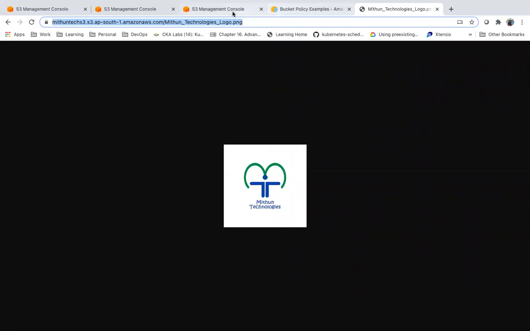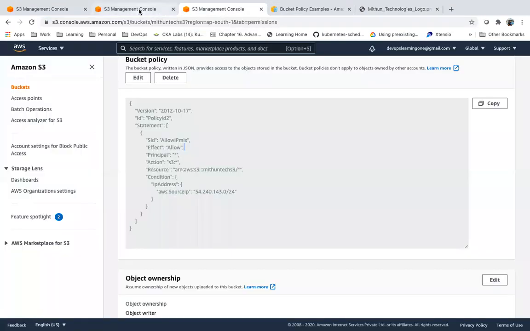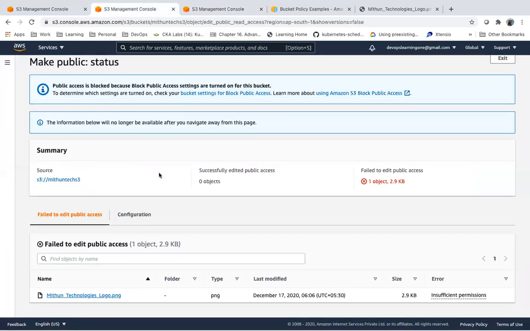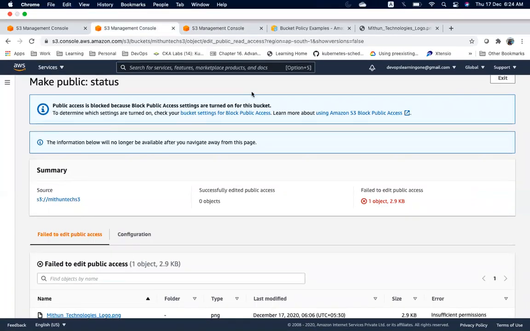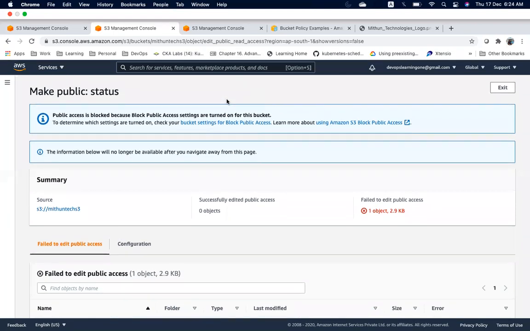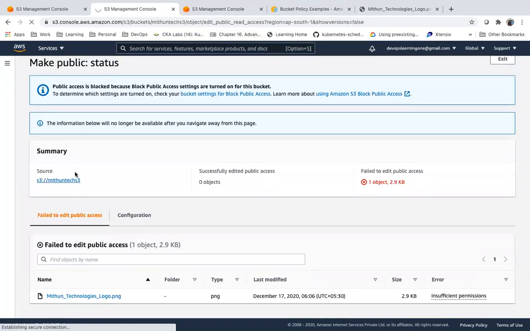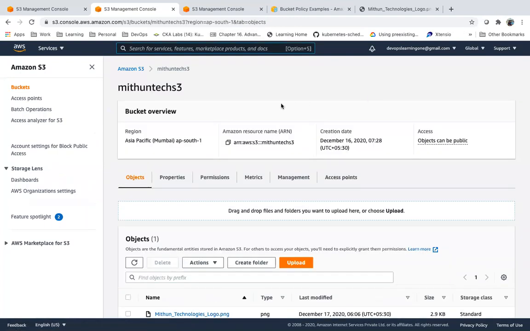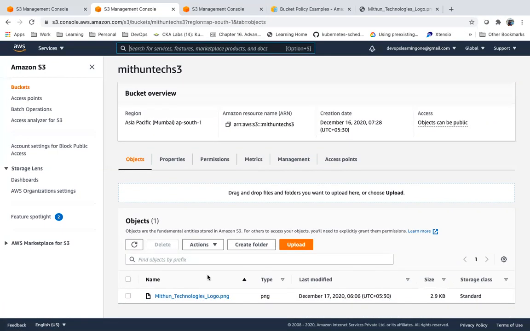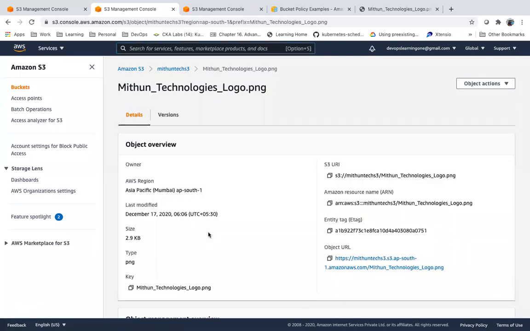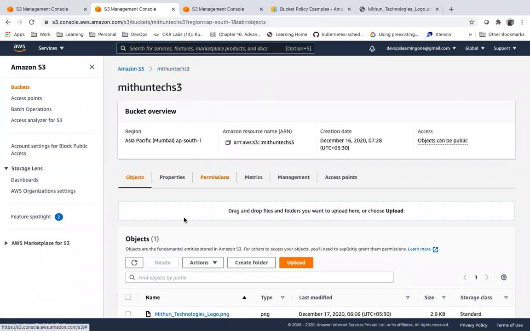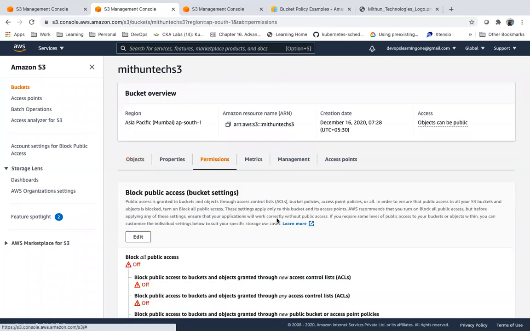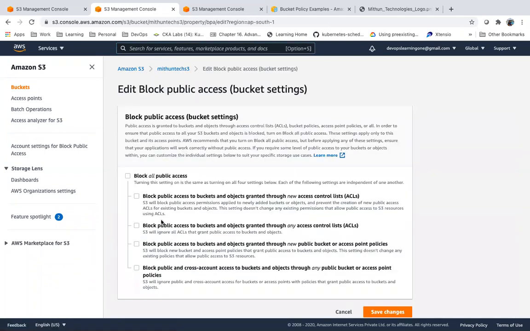That is because we have still given public access. So if I block the public access now, then if the request is coming from that range, then only it will allow. So let me block the public access here, in permissions.